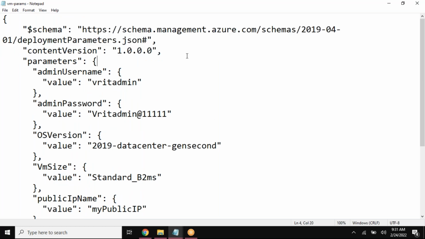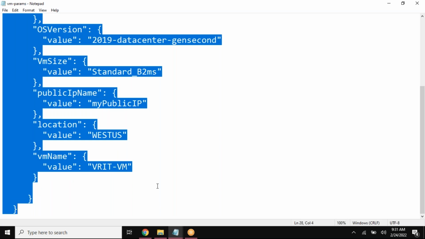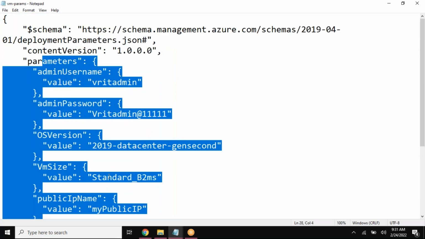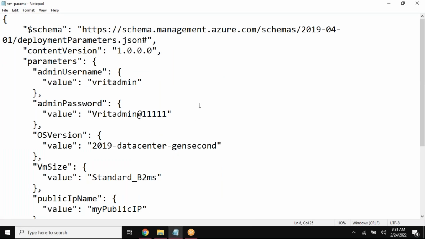Do you see the template name in here? No way. It's just a different file which contains the values. But what I want to do is have these values deployed or used in my ARM template. So only one thing you have to make sure is that your parameter name should be exactly the same. Even if you have a small space in here, it will not be recognized, so this value will not be there over here, and you have to provide the name again. It's not correct, right? So make sure the values you have in here exactly match the parameters